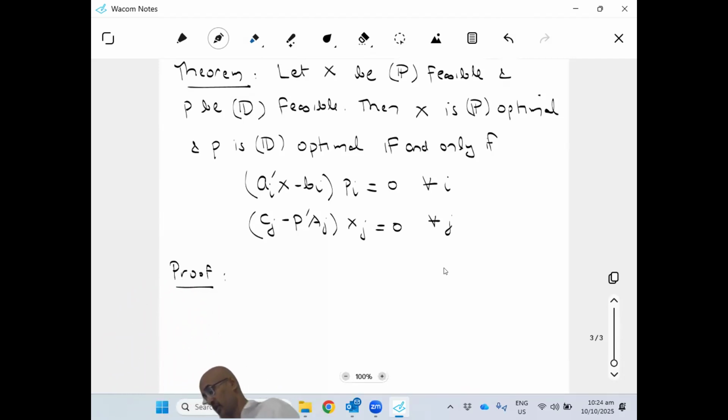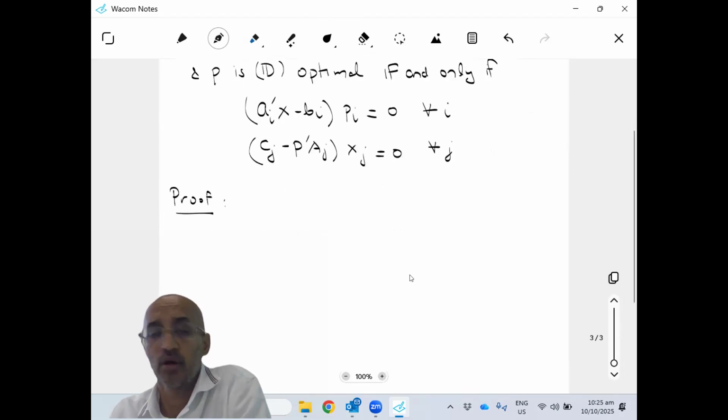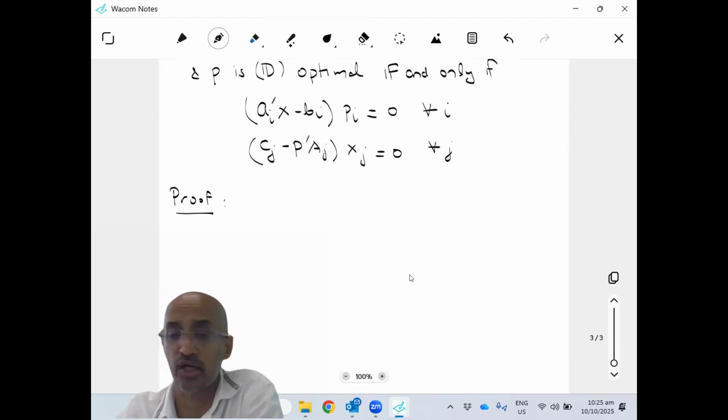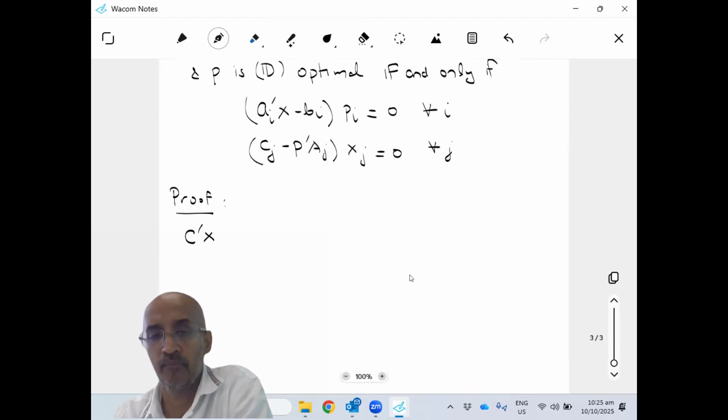So again, we're going to prove this. The proof is similar to what we did earlier. I'm going to look at how these terms behave. So we're going to create this duality gap between the objective functions. This is the objective from the primal. That's the objective from the dual. I'm just going to write this